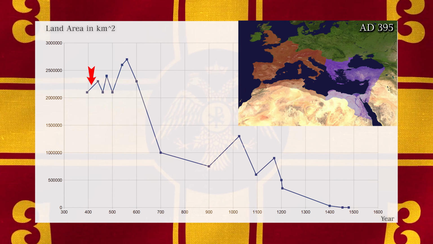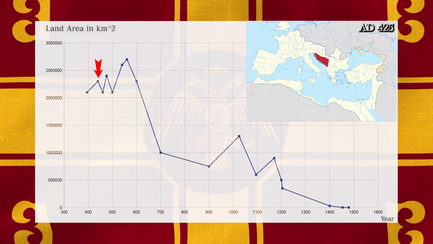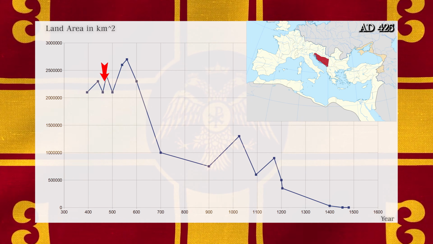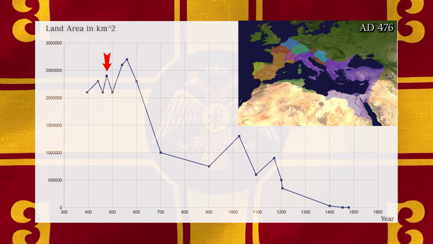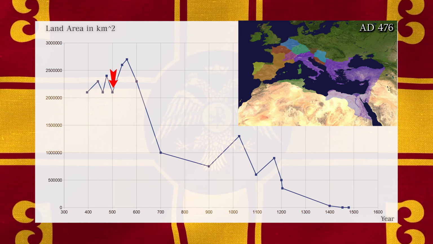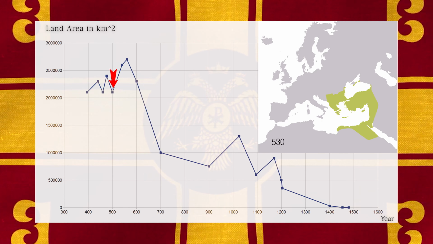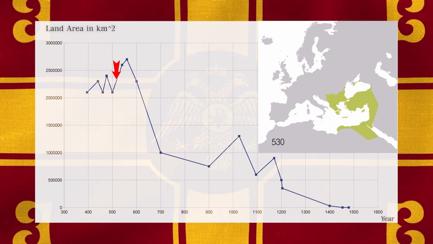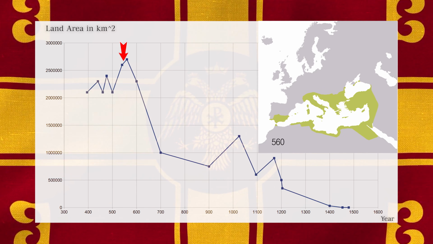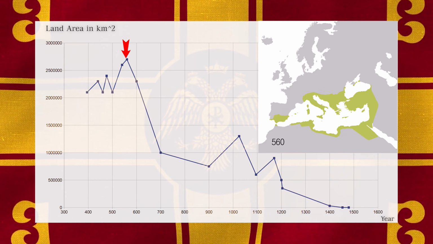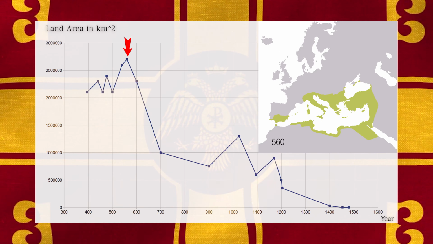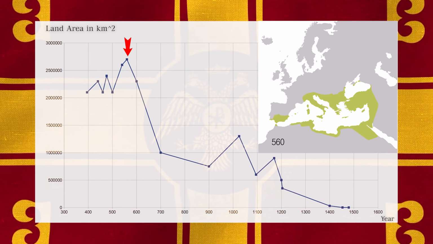For a brief while after the partition, the East was gifted the province of Illyricum under Galla Placidia, and then when the West fell, technically, Italy now belonged to the Eastern Roman Empire as well, at least for a brief while. The first greater thing then happened under the reign of Justinian. The Eastern Roman Empire now retook some of the lost provinces of the former Western Roman Empire under the legendary general Flavius Belisarius, and so the size peaked at 2.7 million square kilometers, which is a bit more than half